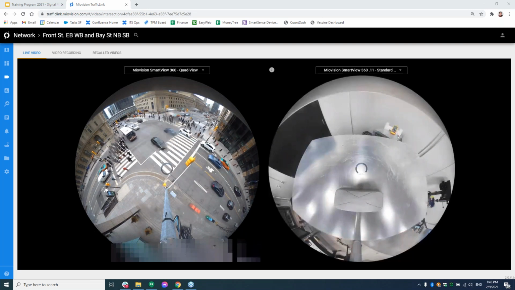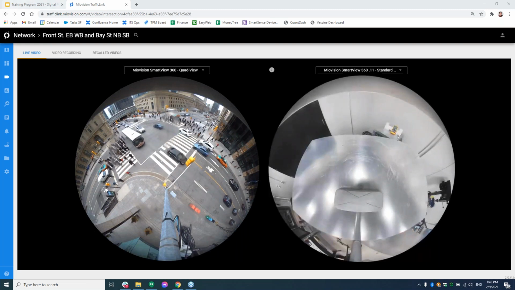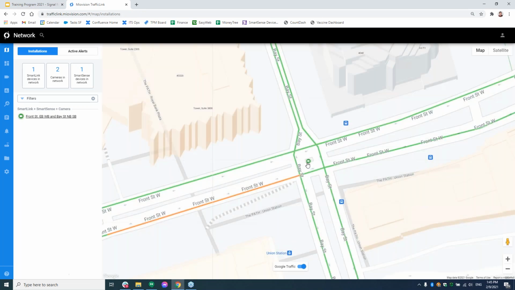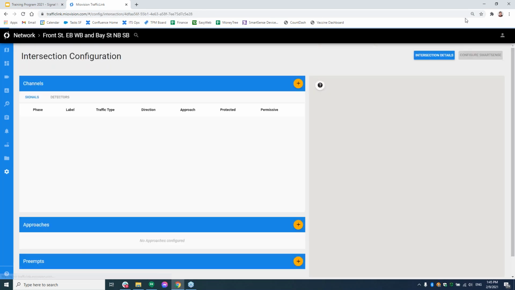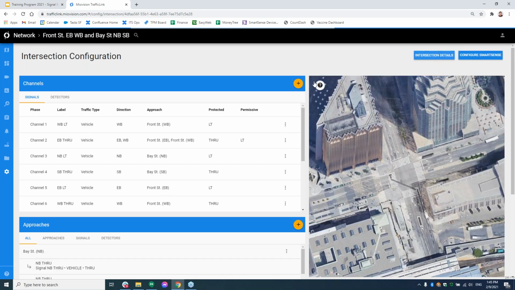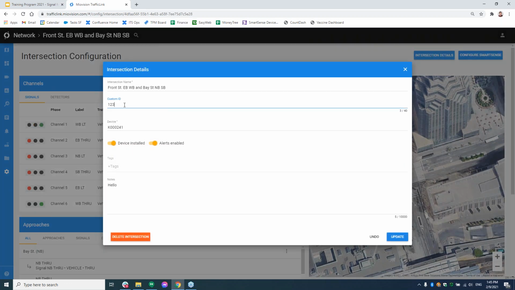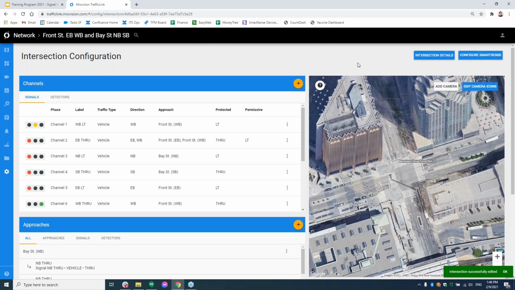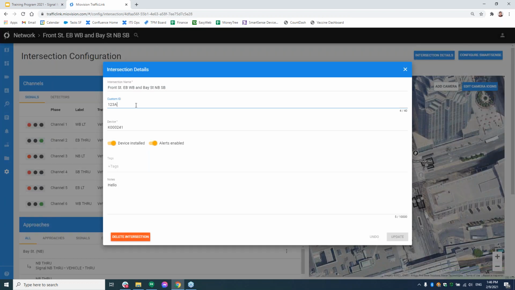Next question here: does the intersection ID allow for letters or numbers only? It does both, as far as I know. So it'll do letters and numbers on the intersection ID, so you can call it essentially whatever you want. It doesn't really matter to MyoVision what you call it. You can use letters or numbers in any way. It'll come through on the API, or you can search it in the same way through the letters or numbers.